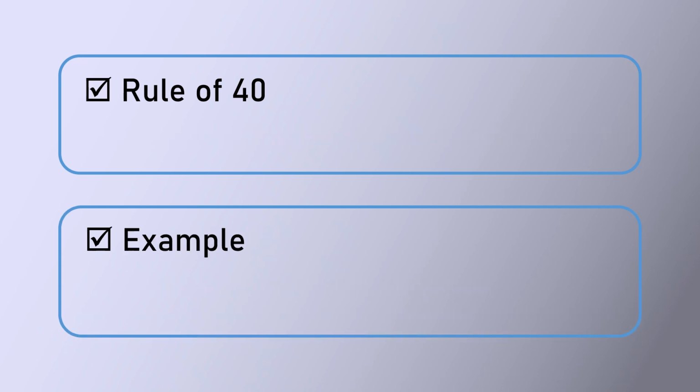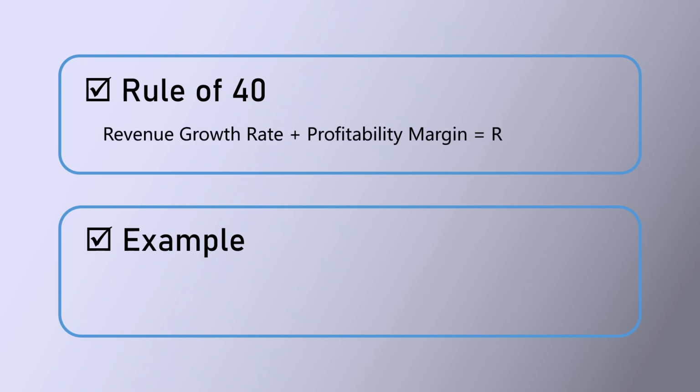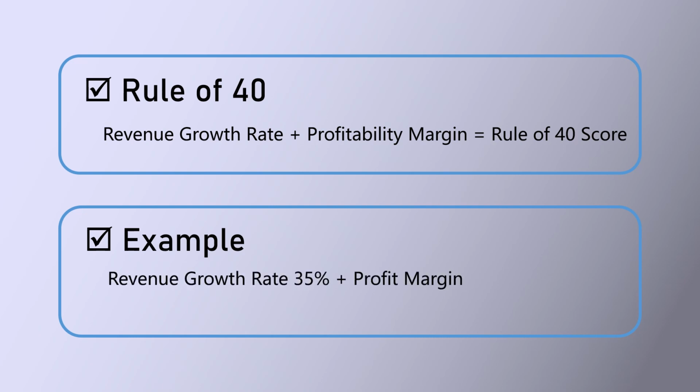The Rule of 40 is a financial metric used by investors to evaluate the financial health and growth potential of a company, especially high-growth ones. The rule states that a company's revenue growth rate and profit margin should add up to at least 40%. The formula is: revenue growth rate plus profit margin equals Rule of 40. For example, if a company's revenue growth rate is 30%, its profit margin should be at least 10% to meet